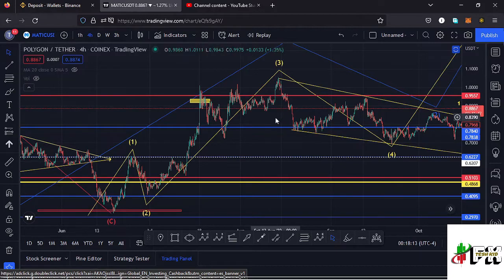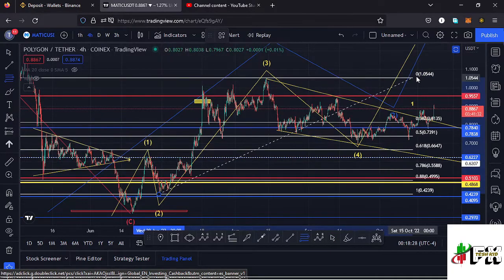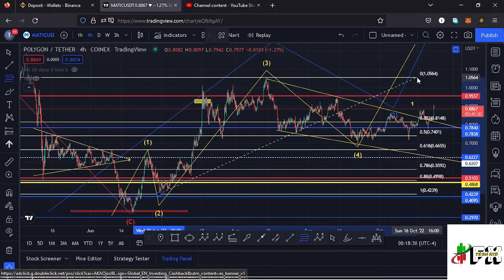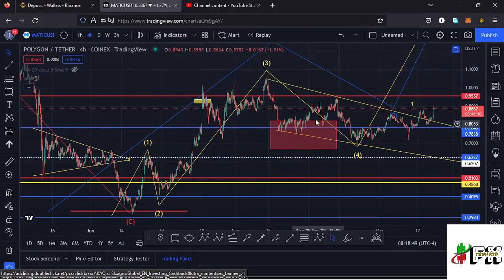And after making that high, we had been seeing a very nice retracement over here in the formation of a wave 4. And because the fourth wave is a retracement of the third wave, we can use the Fibonacci's, connecting them from the low of the wave 3 to the high of that wave 3 to give me a minimum retracement area in the formation of a fourth wave between the fib level 0.618 and the fib level 0.382. And I can mark that target area here on the charts like that, then remove the Fibonacci's, and you can see that my target area lies between the $0.78 mark and the